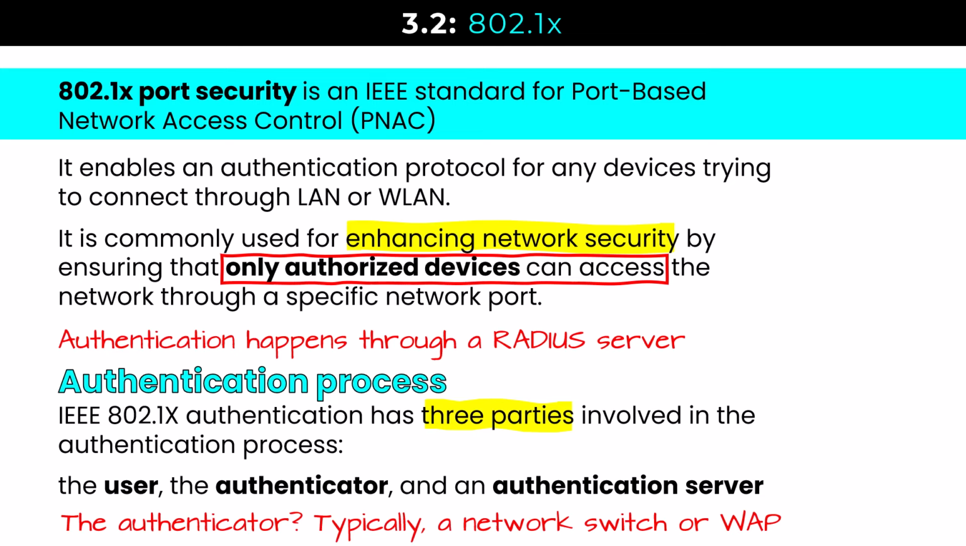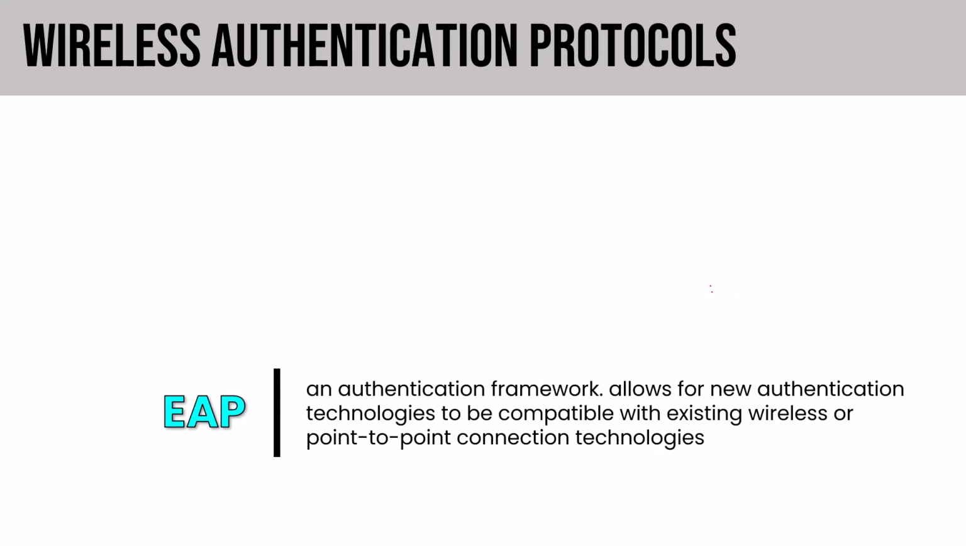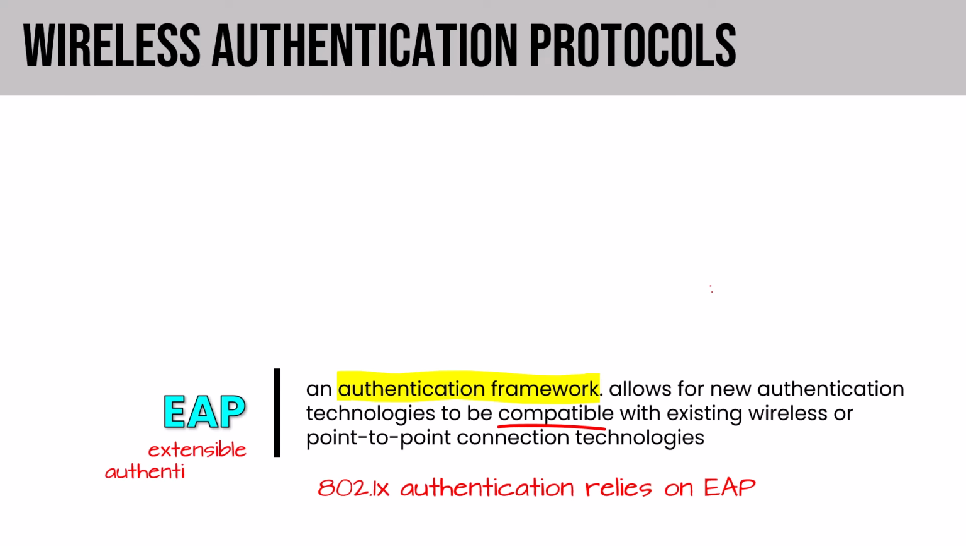Still in that port security category, right under 802.1X is Extensible Authentication Protocol, and there's a reason for that. It's an authentication framework that allows for new authentication technologies to be compatible with existing wireless and point-to-point connection technologies. But the reason it shows up there is 802.1X authentication relies on EAP, on Extensible Authentication Protocol, and there are